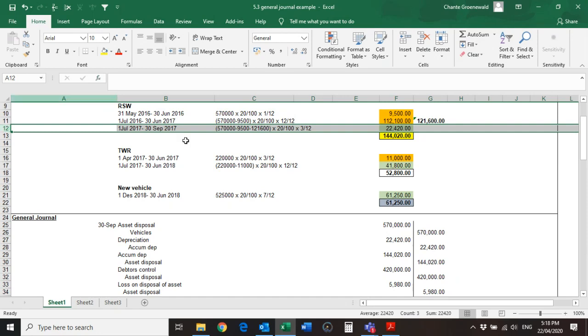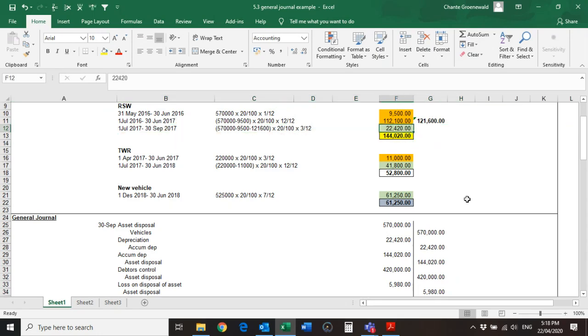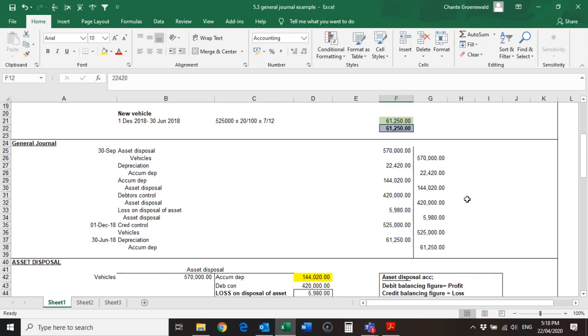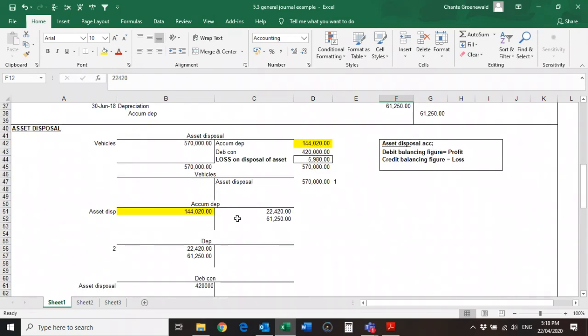Okay, so how do I do that? We worked it out yesterday. We said the amount is 22,420 Rand. I just do a normal depreciation entry. I'm going to debit my depreciation. Why? Because it's an expense. Expense obviously increases on the debit side. We said accumulated depreciation is a negative asset, remember, because why? The asset has to be shown at cost price. So this is decreasing my value to show my actual value of the asset.